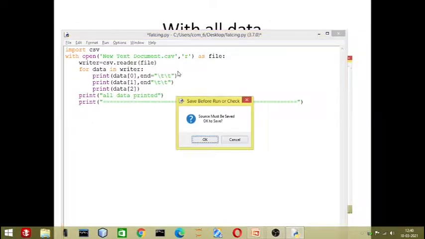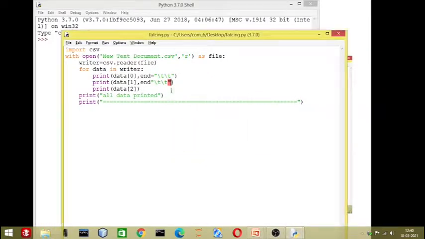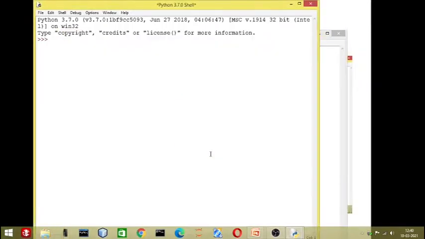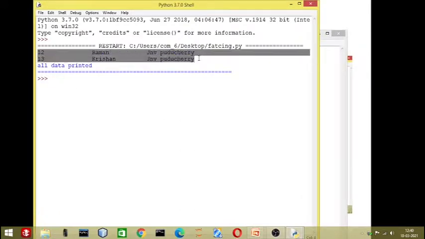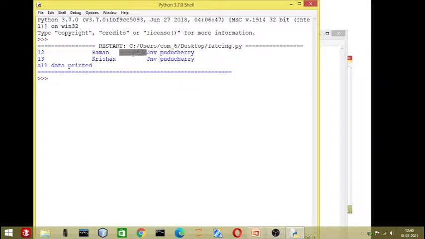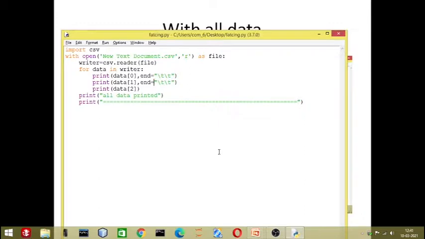Run your file, then you can see we will get all our data. The equal sign was missing as we typed fast, so we got the error. Now you can see we are getting all our data with a 2 tab gap, and at the same time we are getting the message all data printed, and this is the other print what we are asking the user.